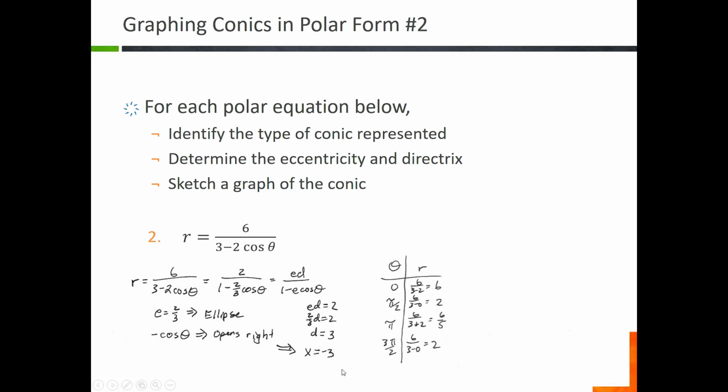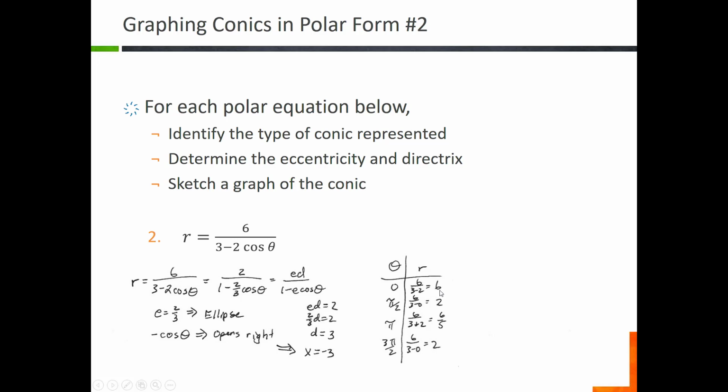All right, so let's go through creating this little table here. Again, we're using the same angles. Theta is 0, pi over 2, pi, and 3 pi over 2. So if we take 0, and I'm going to go back to the original equation just because it's a little easier, and put it in for theta, cosine of 0 is 1. So this fraction becomes 6 over 3 minus 2,